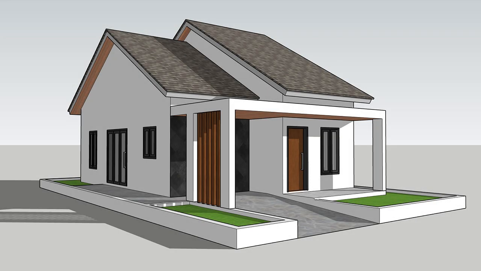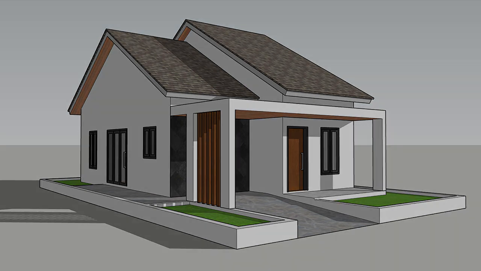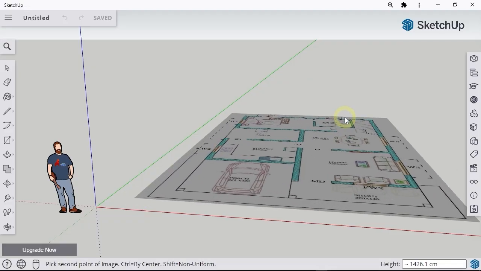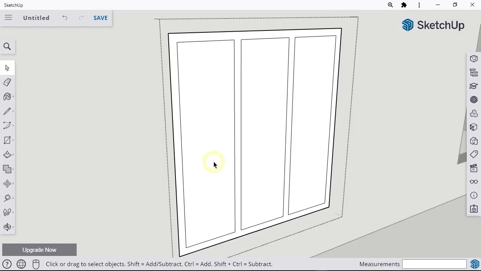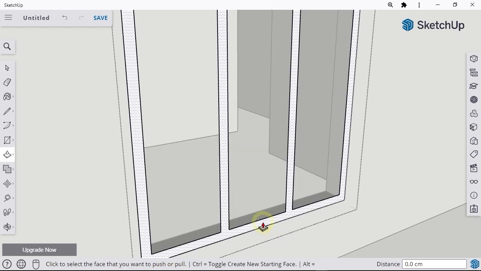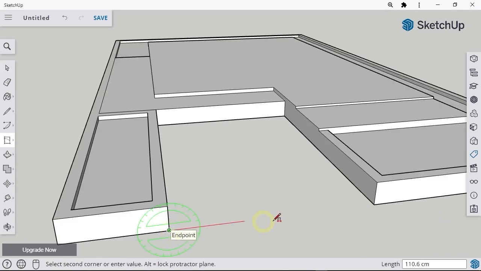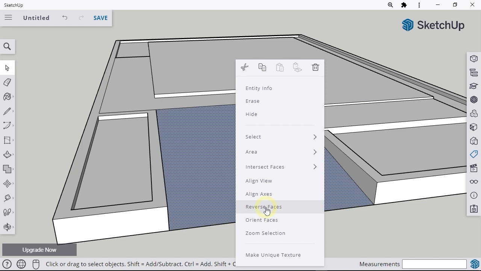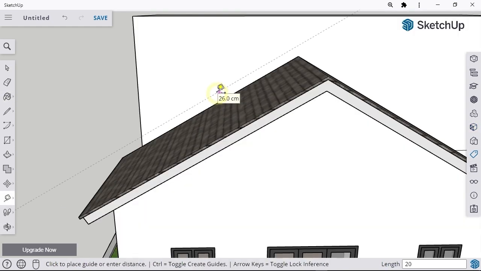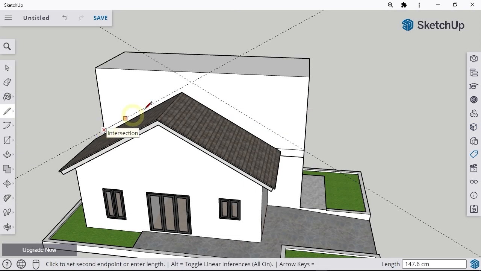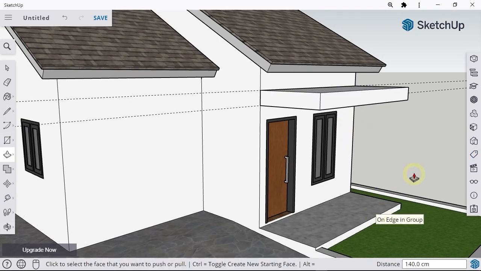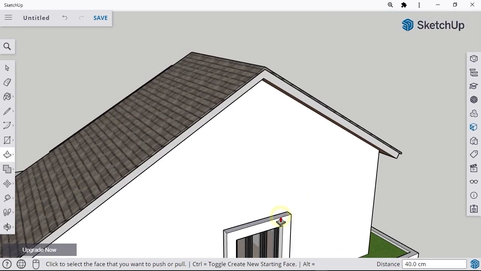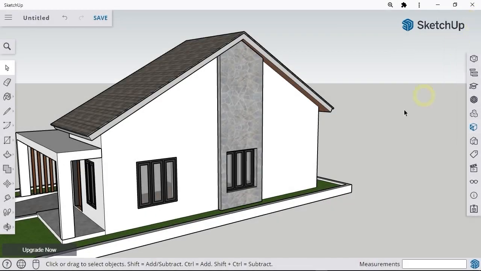In the last chapter, or chapter 9, we will create the final project, which is a house. We'll start by importing the reference image, then model the walls, add windows and doors, then create the floor, the surrounding area, and also the carport. We will create the roof, which will be a double stacking type, then make a large canopy that covers the terrace and carport area. Finally, we'll add ornaments for the house facade.